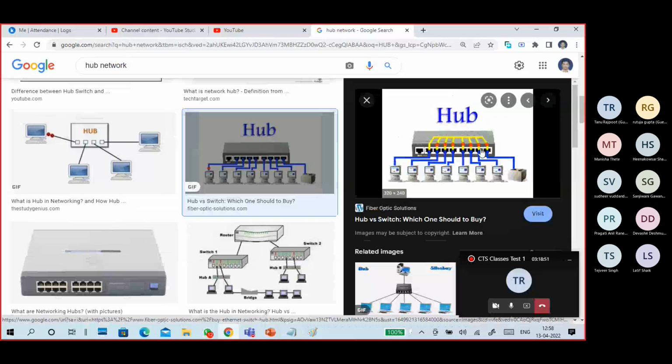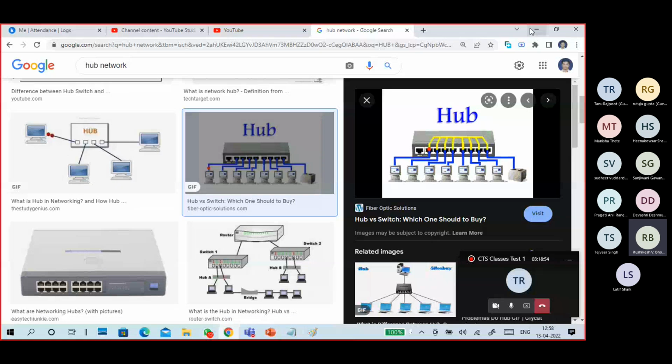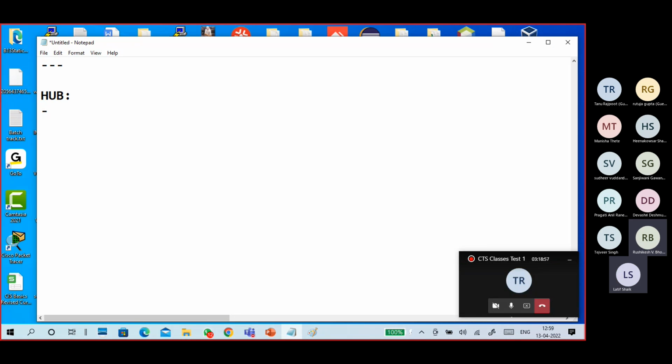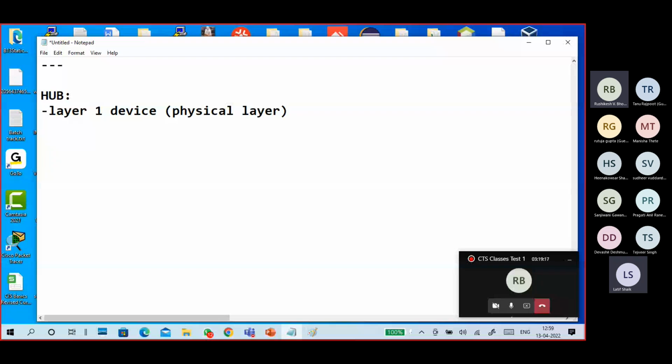It's a layer 1 device, which means it comes under the physical layer, not a physical device, since everything is a physical device. As per the OSI layers, it's an OSI layer 1 device, nothing but the physical layer.